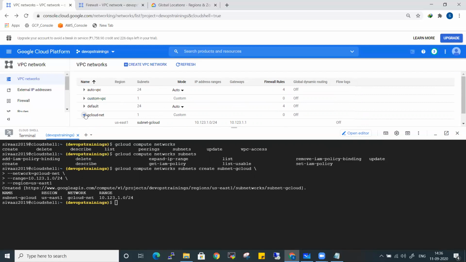VPCs and networks are the core technology that you need to learn before moving to any sort of cloud. Let me repeat it. When you create a project, Google by default creates a network for you called the default network, and that default network uses auto mode, creating subnets inside every region available in GCP. The other option is to create your own custom mode network, where you have the privilege of having your own network in your specific regions, rather than Google creating a subnet in every region.